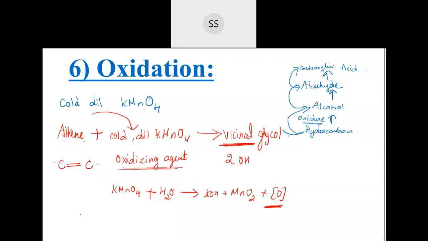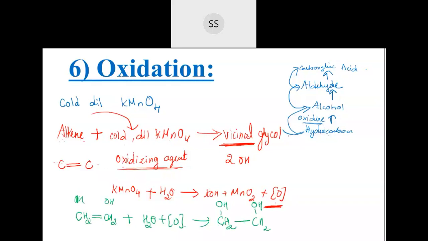If I am taking ethene, CH2=CH2, ethene gas, and passing it through this dilute KMnO4 solution, in the solution you have water plus this nascent oxygen. Here you can see 2 hydrogen and 2 oxygen. So one OH comes here, one OH comes over here on the first carbon, and one more OH gets added up here. The mechanism is not required for you. This much, if you remember, is enough. You break the double bond, add one OH on this side and one more OH on the other side. You get this compound. So this is vicinal glycol.